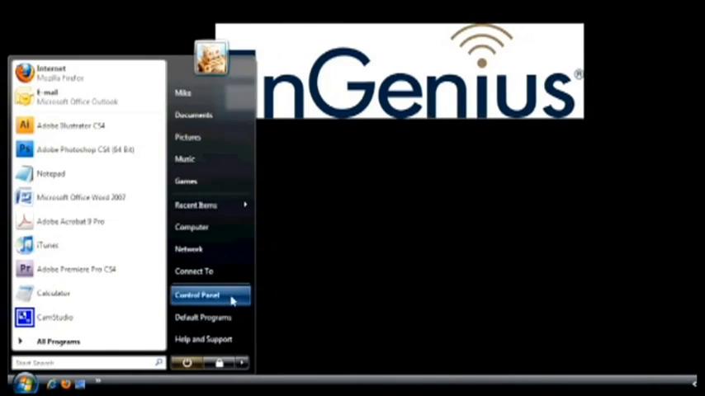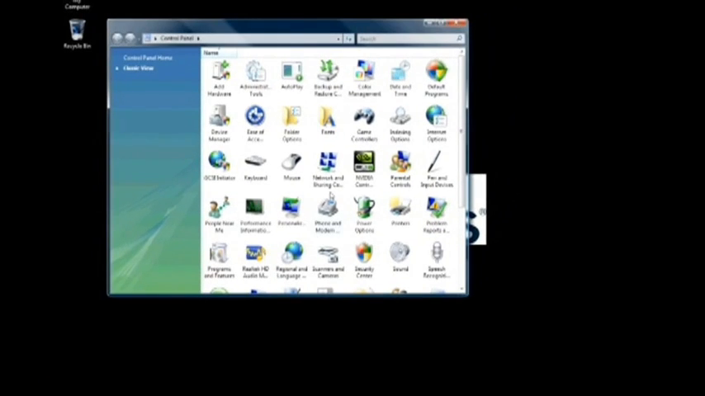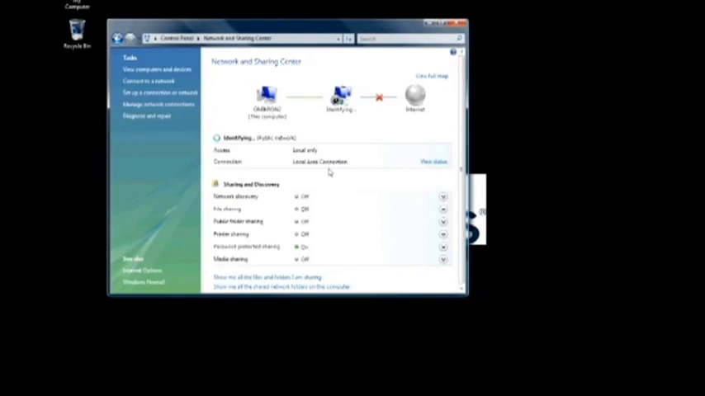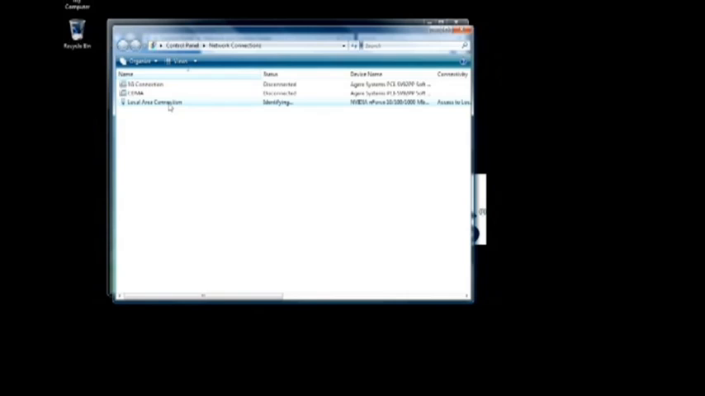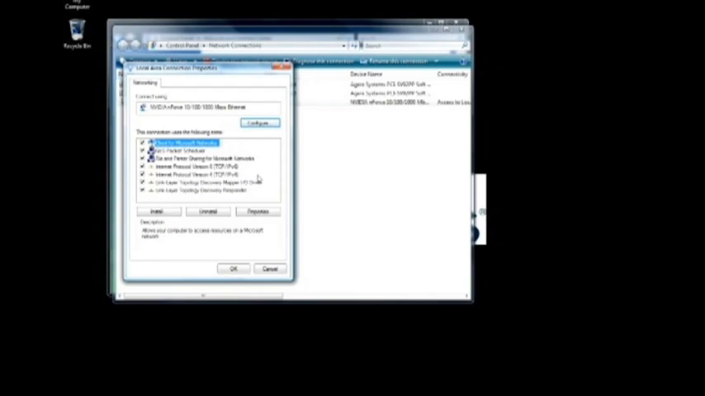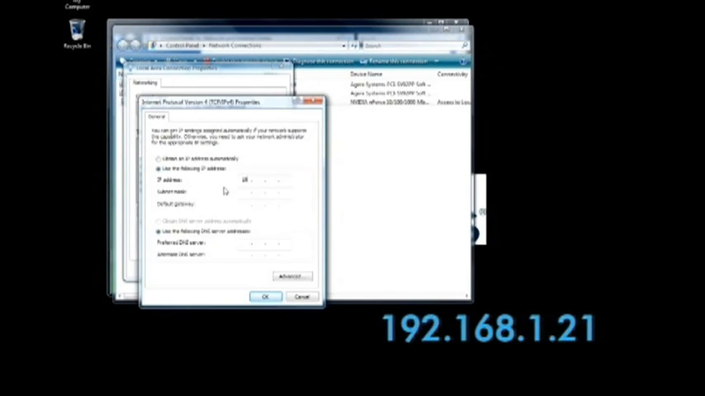On the control panel for your PC, double-click on Network Connections. Next, click on Manage Network Connections from the left-hand menu. Then right-click on Local Area Connection and select Properties from the drop-down menu. Select Internet Protocol, TCP/IP, and then click on the Properties button. Select the Use the following IP address radio button, and then enter the IP address